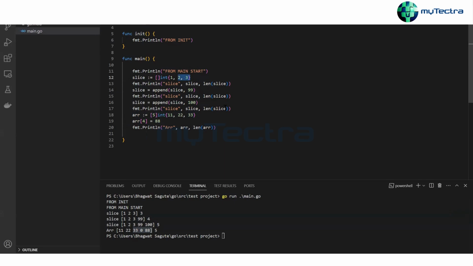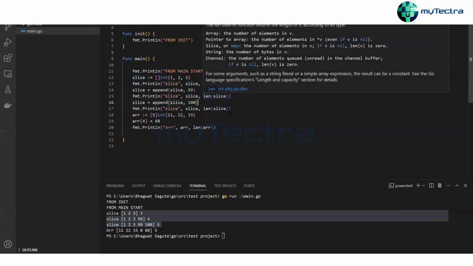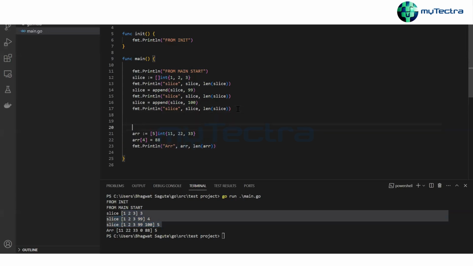Now we have this slice, and in the slice we have so many elements. Let's say 5 elements are there now. Okay, this slice. Now I want to create a new slice from this. So how can we do that, I'll tell you. So let's say first thing,